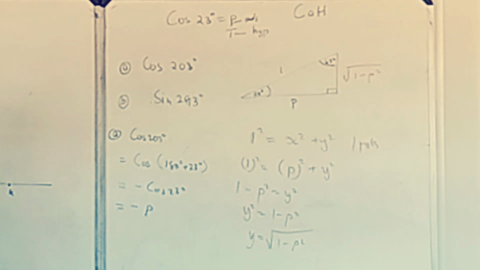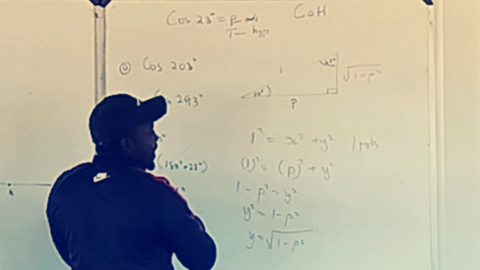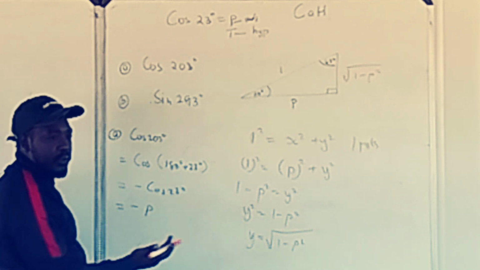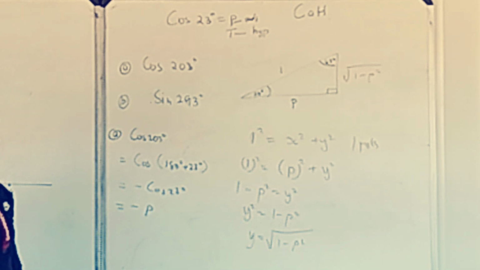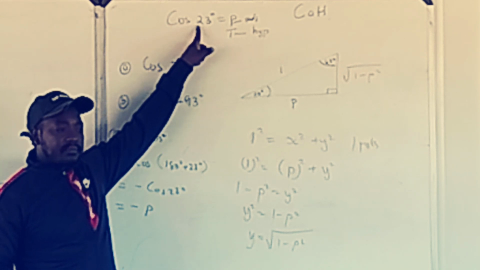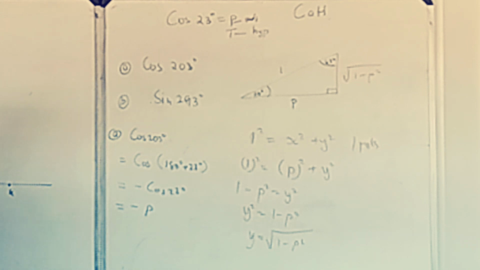Our answer is negative. When you have trust issues, go back to your diagram and say the cos of 23 is adjacent over hypotenuse. It's going to give you P over 1, which is the same as P. The good thing is cos 23 was given in the statement. Now let's see what's happening with